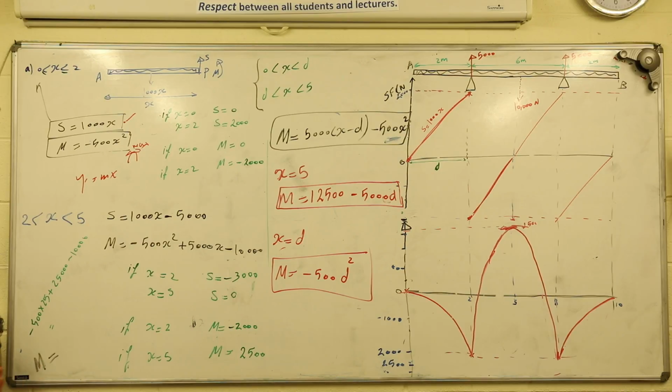How much I'm going to move it this way is the question. Okay, so can you solve these two equations and find the value of d for me? At x equal to 5 it gave you the maximum value, but I wanted the minimum value to occur at the support as well. In here, the minimum value occurs at the 2 meters. I want to move it in such a way that the minimum value is still happening at the support. Does it make sense? I think so. Okay, can you solve